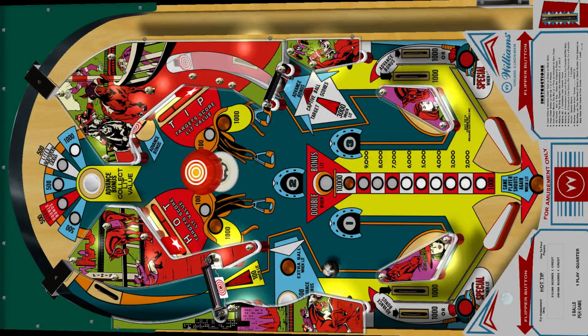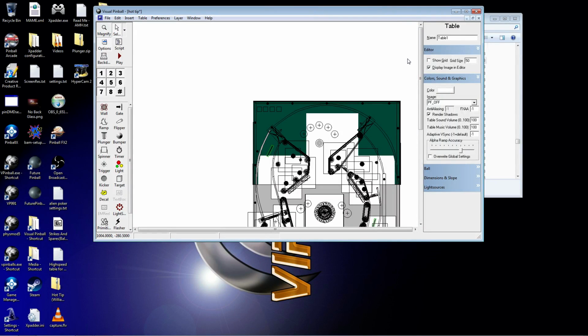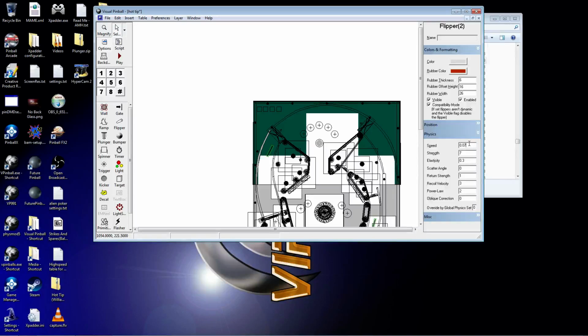So now, the only thing that's left really is to fix these flippers. We've kind of done this before. I have another video where I'm talking about tuning flippers, and we're going to do that as quickly as possible because that video goes more in depth with tuning them. Of course, in the other video I explained my settings. 25. I'm going to put this one at probably 0.4